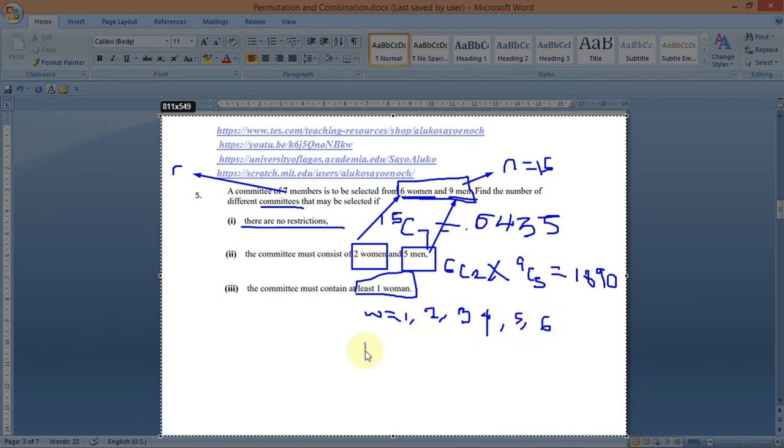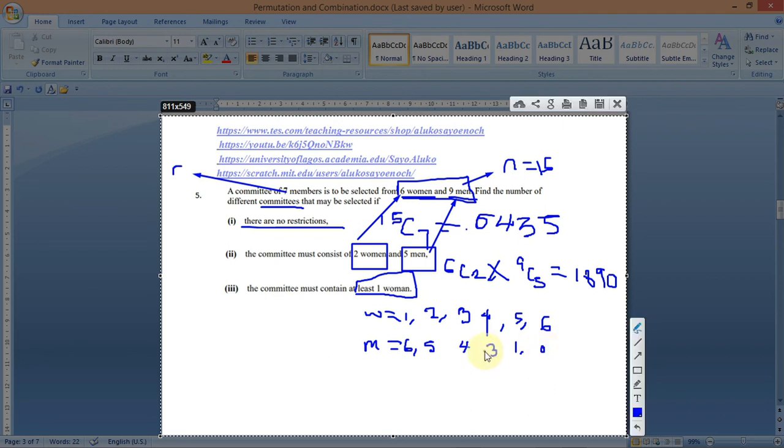Then for the men, since you want 7 members, when the woman is 1, then the men will be 6. So 1 against 6, then 2 against 5, 3 against 4, 4 against 3, 5 against 2, 6 against 1, and finally